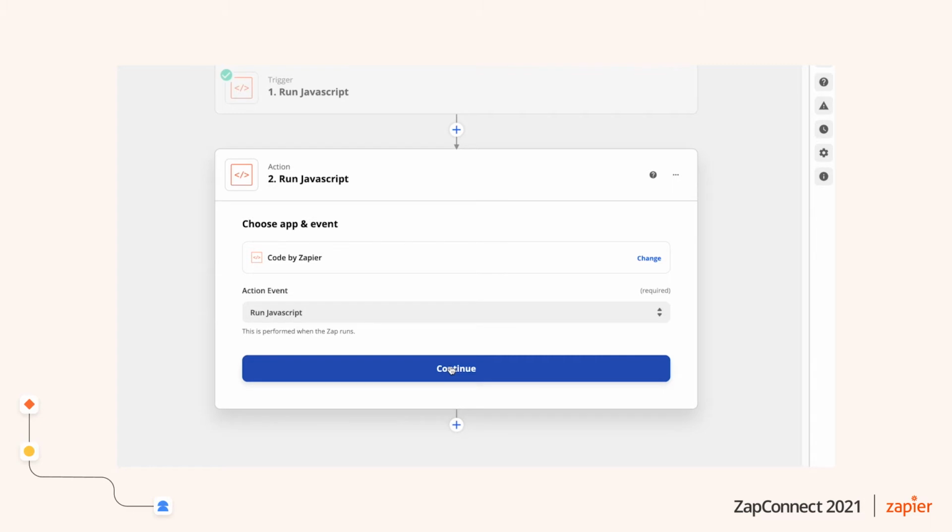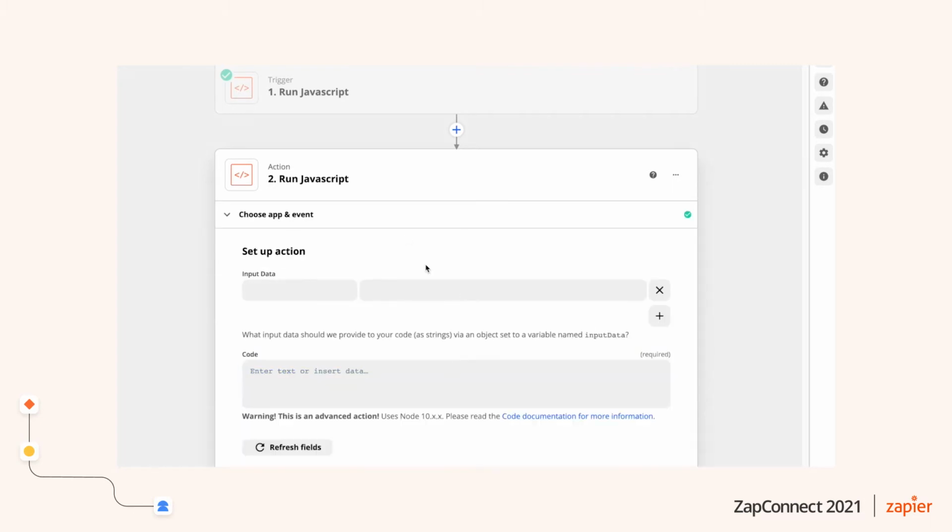So when we come into the action step, what we'll see here is these two parts in the editor that we talked about: input data and code. So input data is basically the section where I can line up my keys and my values. I'm making a little glossary of the information that I'd like to be able to use in the code